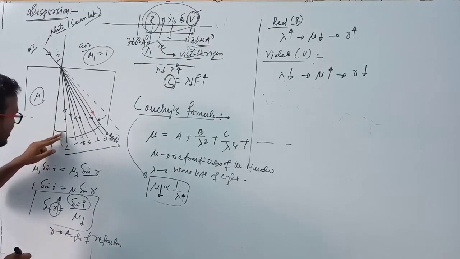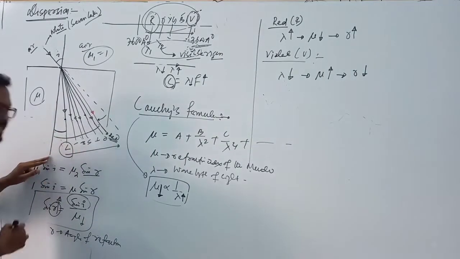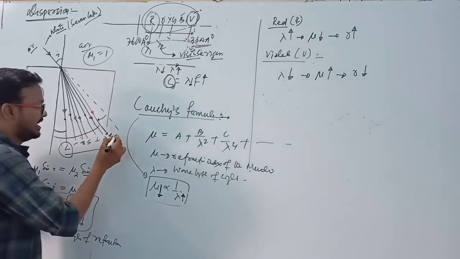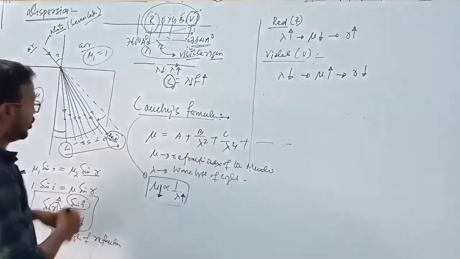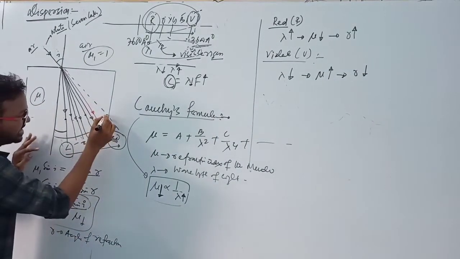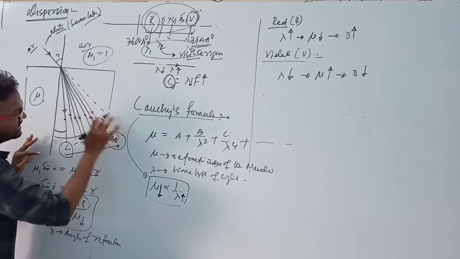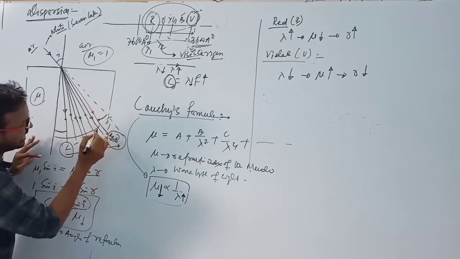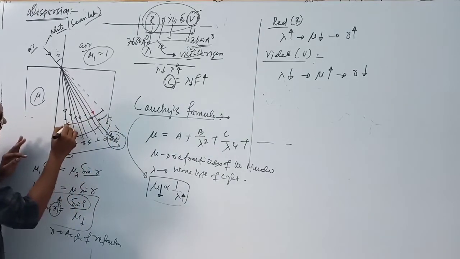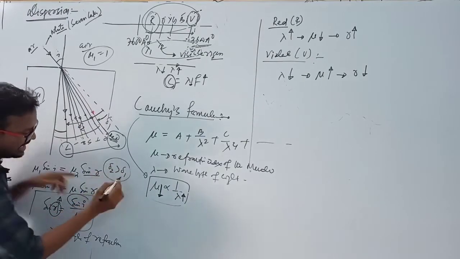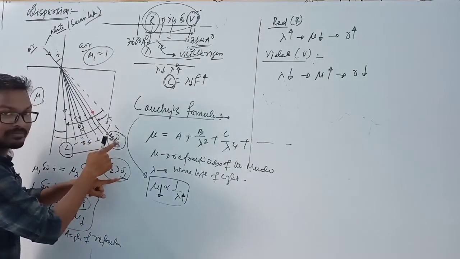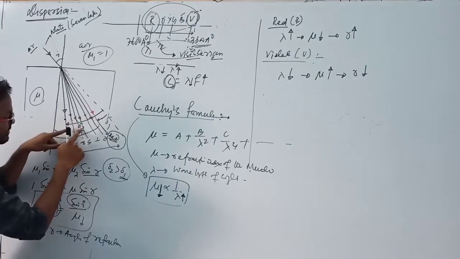Whose angle of refraction is small? Violet light. Whose angle of refraction is large? Red light. Whose deviation is small? Because this is the deviation for red light. This is the original path. This is known as delta 1. This is known as delta 2. So here delta 2 is greater than delta 1, and delta 1 is for red, and here delta 2 is for